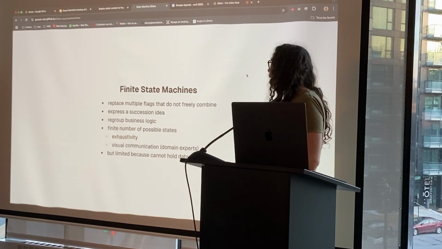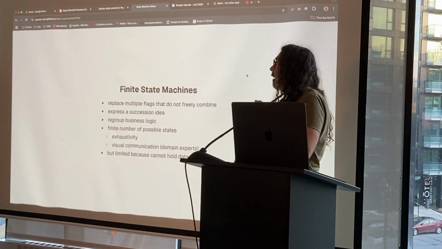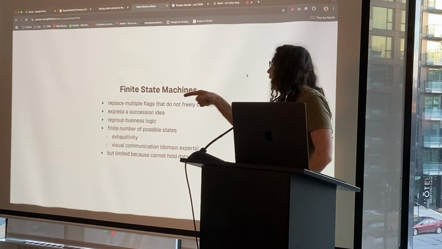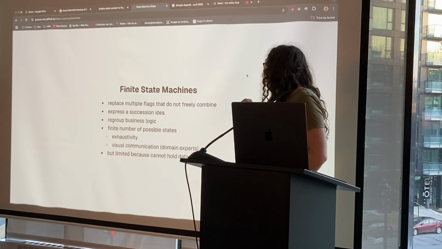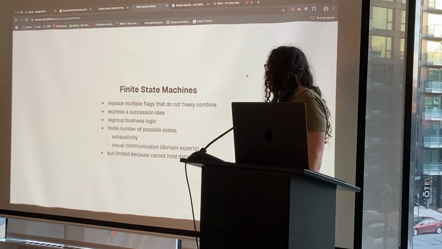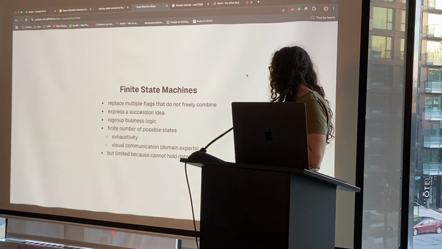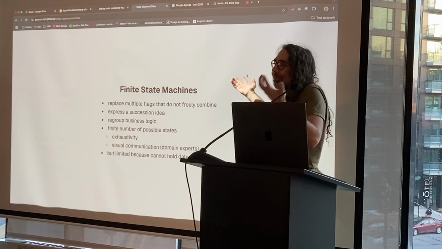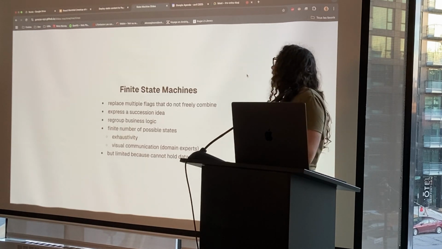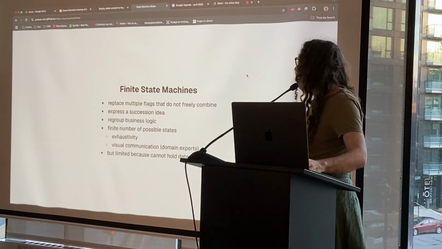The finite part is interesting. It allows you exhaustivity. Because there are a finite number of states, you can take your time to look at each one. And because it's finite, you can also draw nice graphs. The point is visual communication. It helps to speak with non-devs, with domain experts, which I think is super precious. But it's limited. Finite state machine, you guess it, having a finite amount, that small amount of information